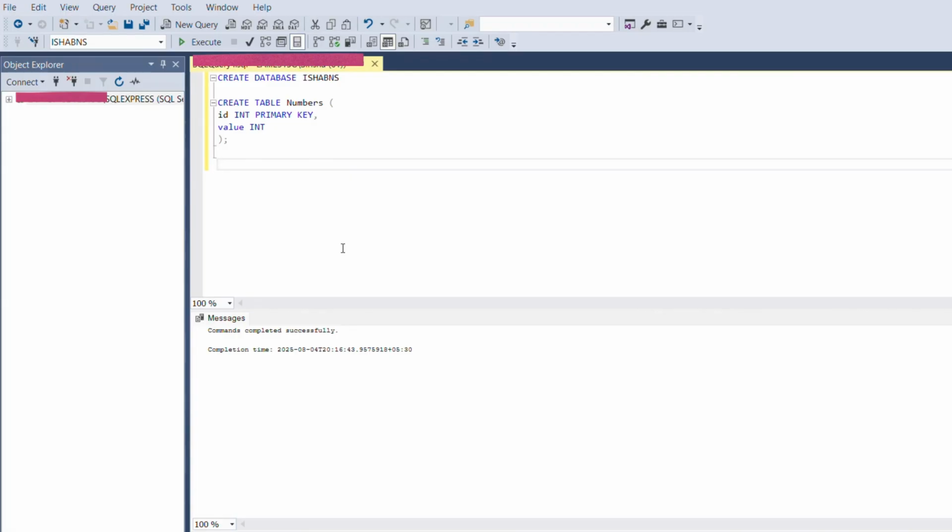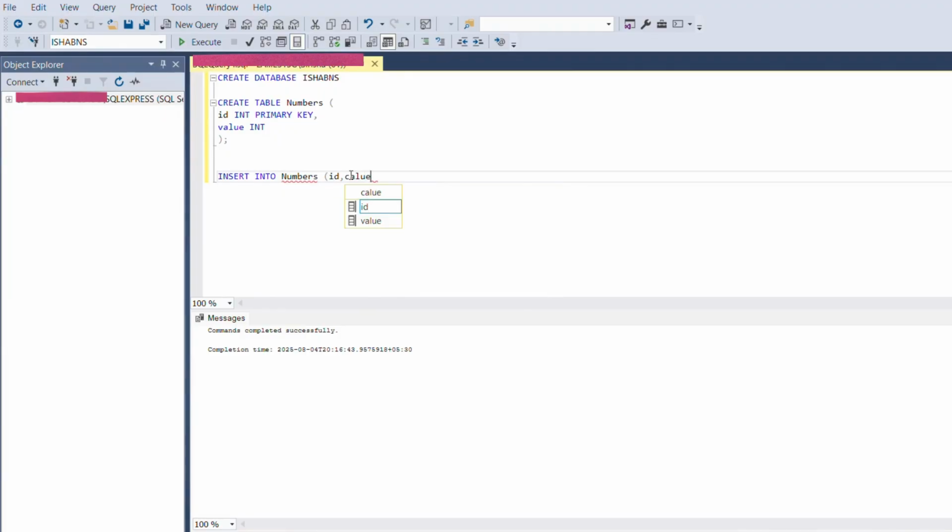Now let's get started with the queries, like inserting values. So now we have the table, right? For the table, if you want to do some kind of sorting or checking, then we should have some values in that particular table. That is why we have to insert values into the table.